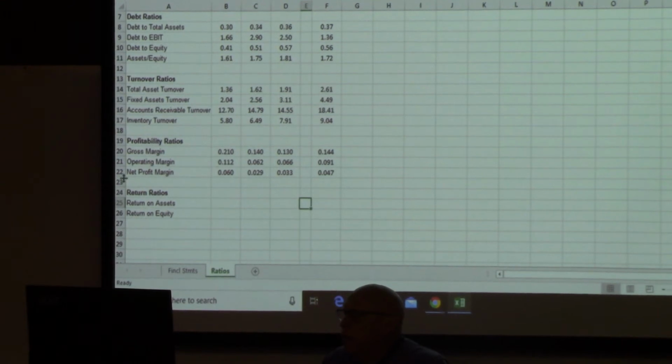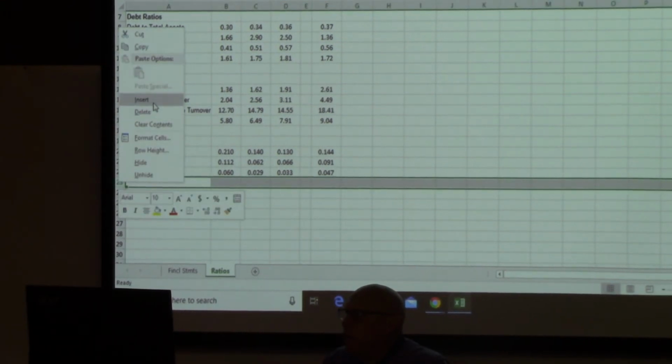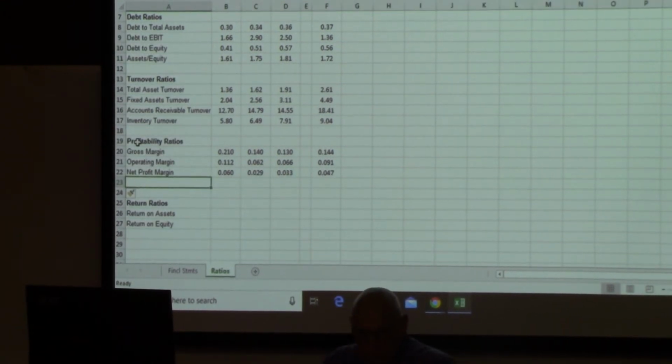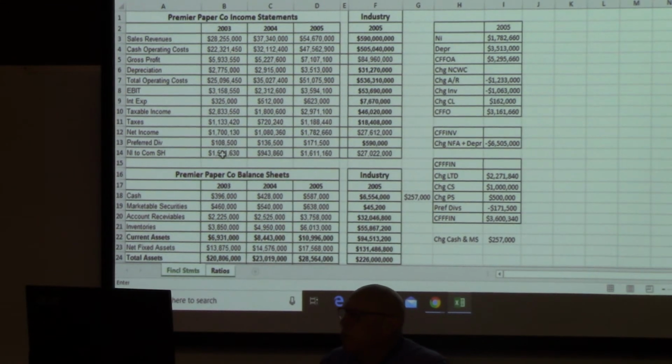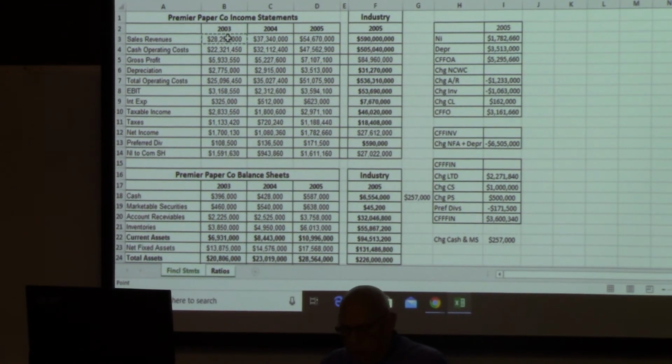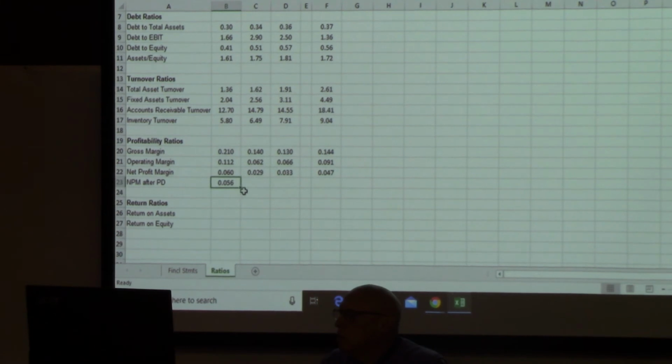Okay, and then let's go ahead and do net profit margin after preferred dividends. And that is equal to net income available to common shareholders divided by sales. Let's go ahead